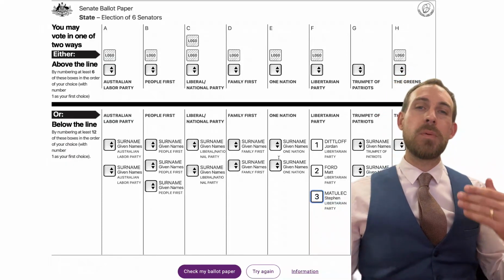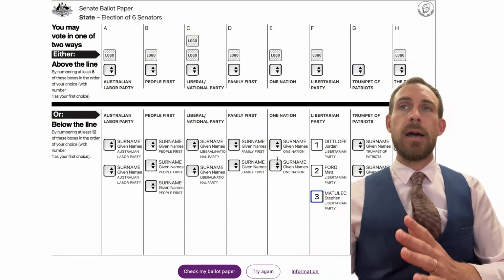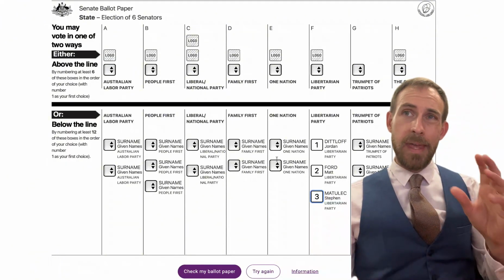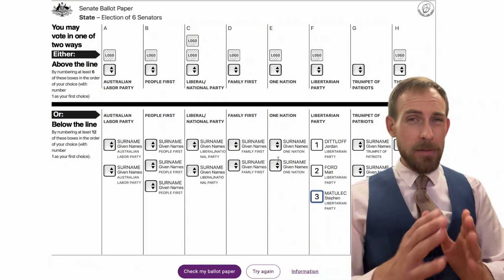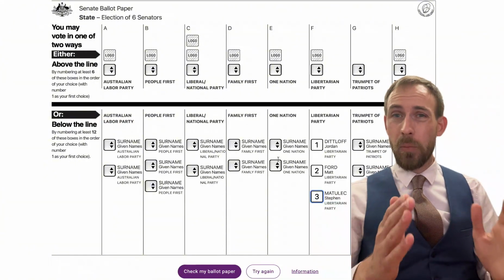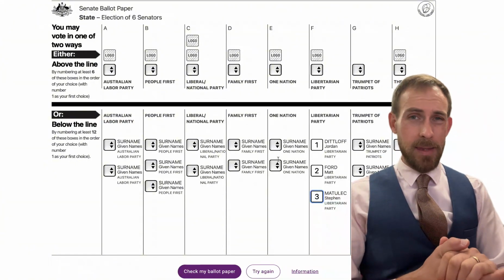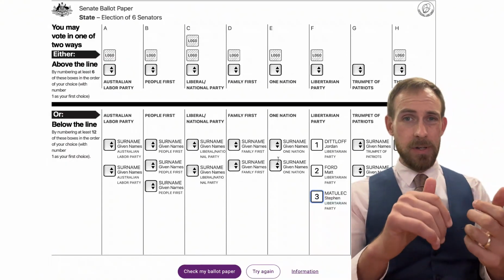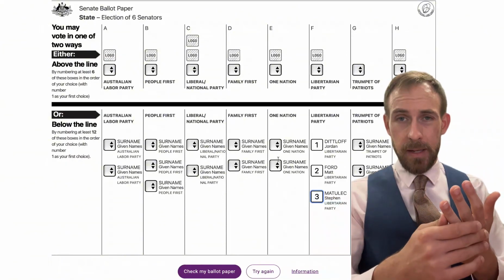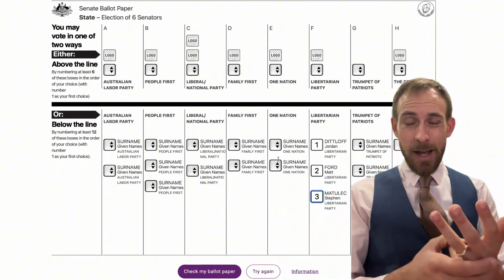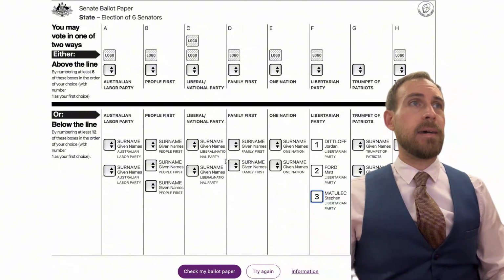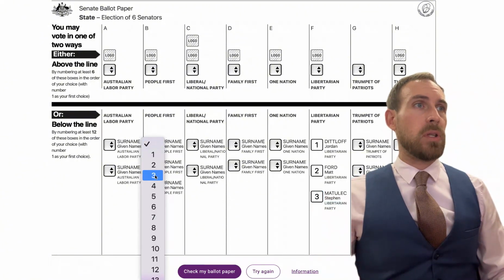If you want to expire your vote sooner by having enough candidates to list 12 boxes without numbering a major party. So if you don't think there are 6 parties that you really like, you might think, well, I really only want to vote for Libertarian Party, People First, FON, and Trump's Patriots, right? But that's not enough to give you a valid upper house vote. Well, you might say, okay, I'm going to go below the line,